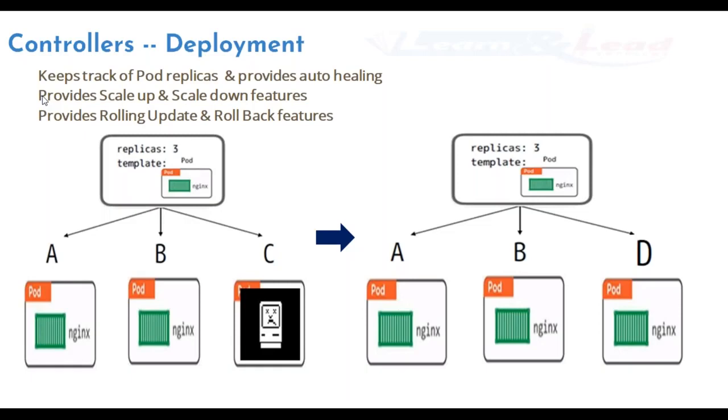Similarly, scale up and scale down are both possible with the deployment controller. Along with that, it also provides us the rolling update and rollback features, which can be utilized for no-downtime applications accordingly. These are the features basically. Now the basic unit is pods. The next level is always the controllers, which in this case is the deployment controller, as we call it. There are various types of controllers, but we would use this one. In 90% of scenarios, we would use this type of controller in a production scenario.